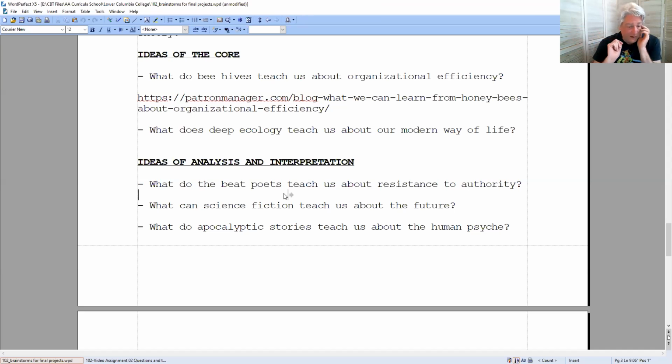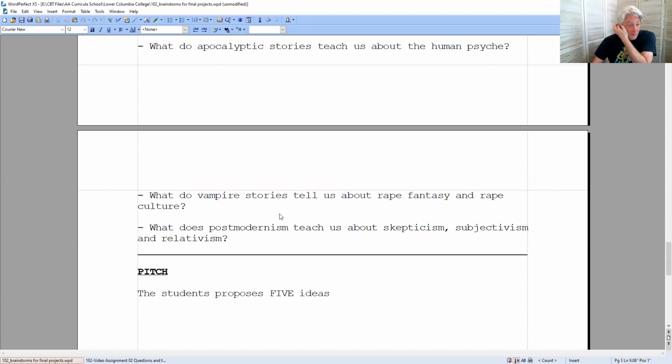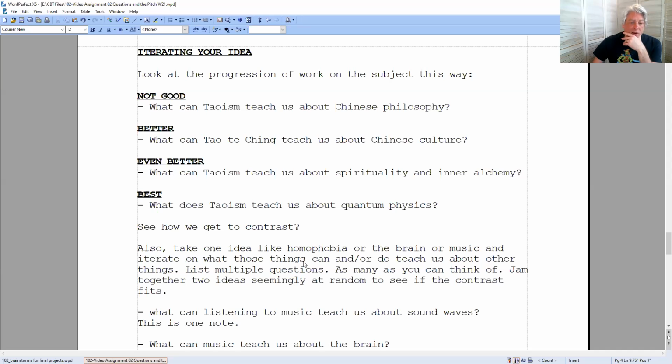I could go on and on. The Shakespearean sonnets. Interpreting things will work really great for this idea. And that's where I got my vampire stories, rape fantasy and rape culture. That's out there. It exists. It's been written about. So we want to get this contrast.